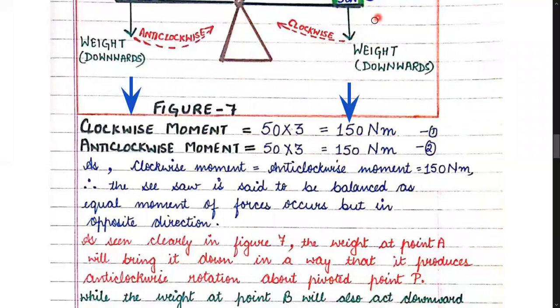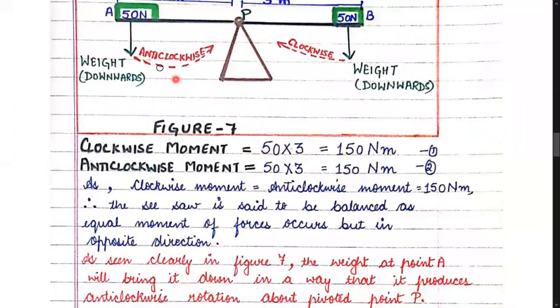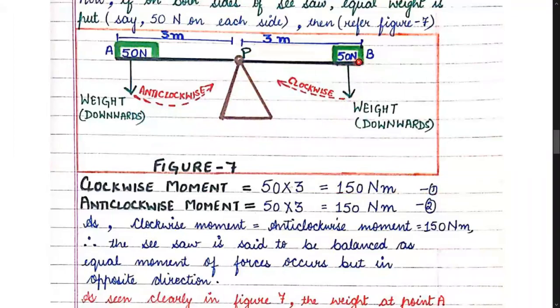So children, the clockwise moment will be 50 Newton multiplied by the distance 3, 150 Newton meter, and the anti-clockwise moment will also be 50 multiplied by 3, that is 150 Newton meter. Now see equation 1 and 2. Both moments are equal. Thus, in the diagram also, the seesaw is shown balanced,